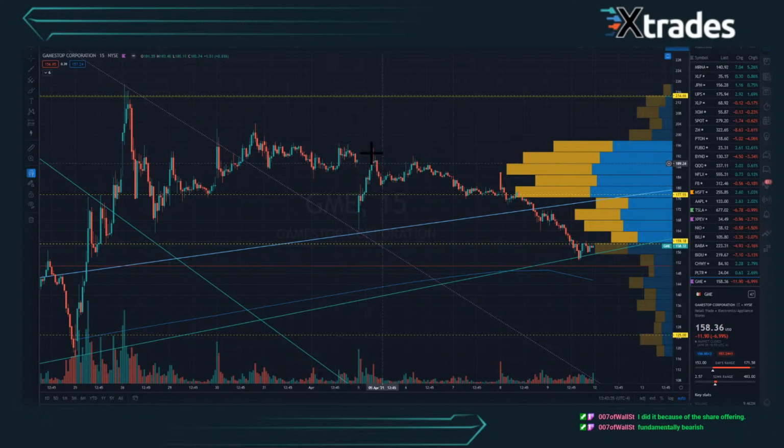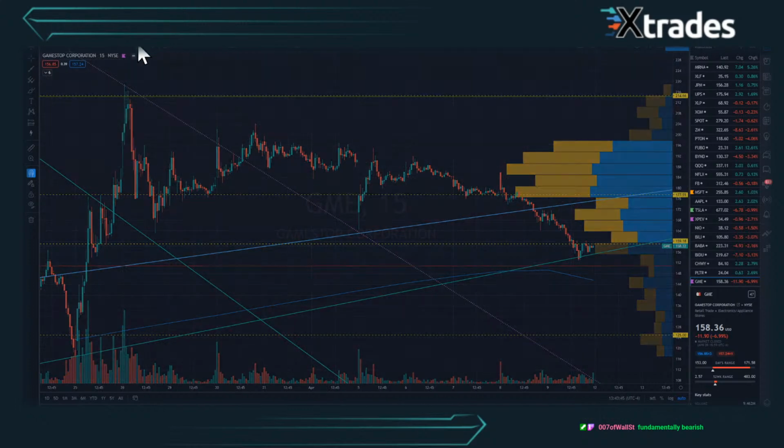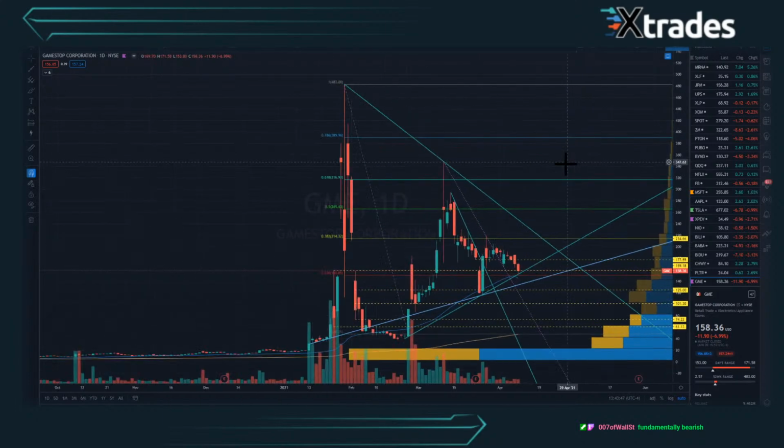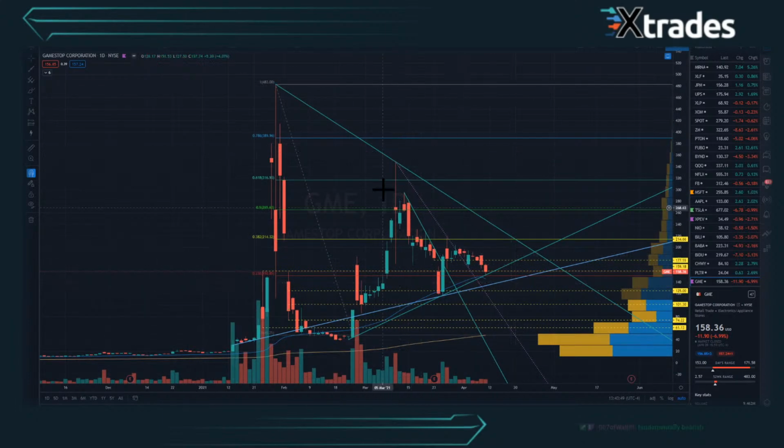I think at this point, someone was probably like, it's time to take a short, because GME is in a downtrend, right? We see that GME is in a downtrend here. And if you look at it on a larger time frame as well, you kind of know GME is probably just going to do this for a bit. It might return back. Actually, it's at my trend line right now, but I think it might go down here possibly. But anyways,